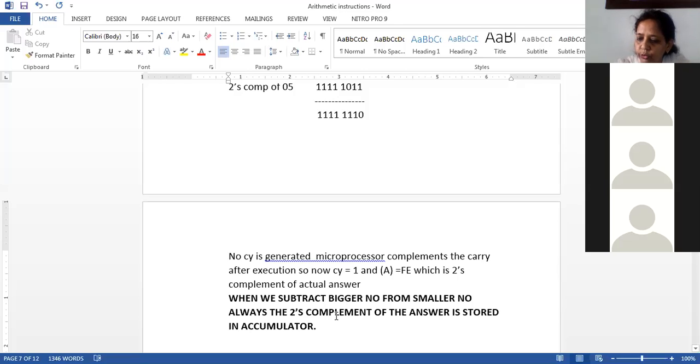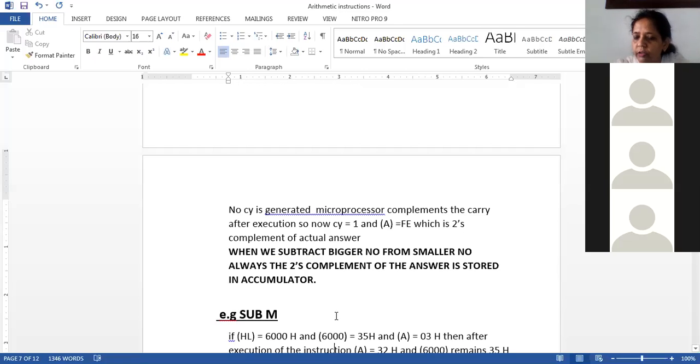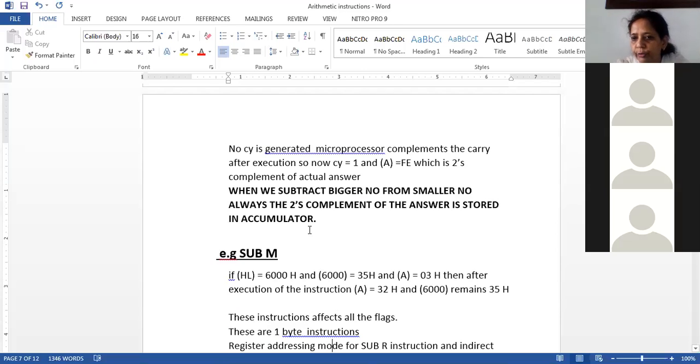So this is how your subtract instruction works in 8085. Here we can find out what the flag register content is. After everything, you just try to find out the flag register content, so that the structure of the flag register will come to your notice. Otherwise, if you do it right now and after so many months, you will forget about it, because in every practical you have to write the flag register content.